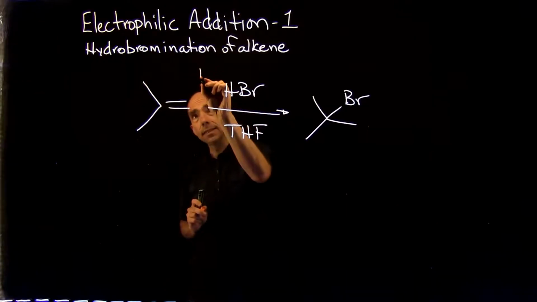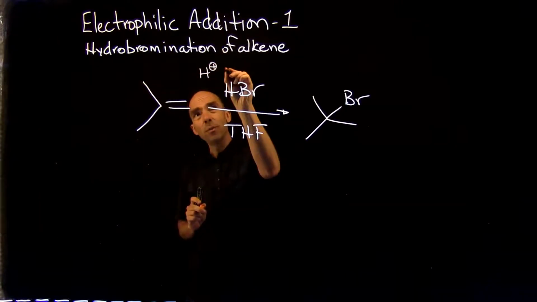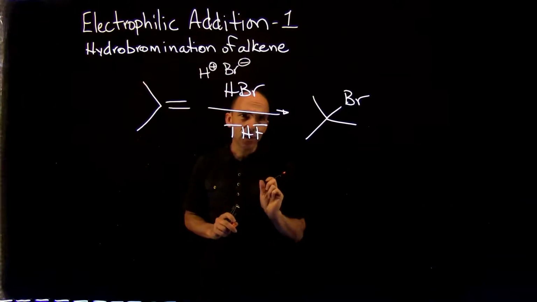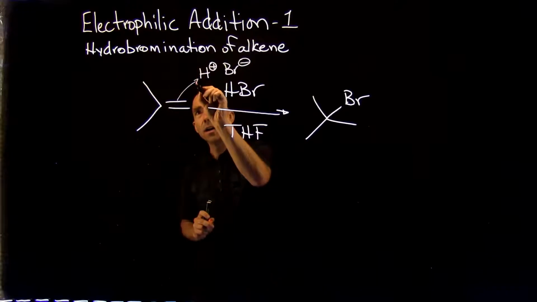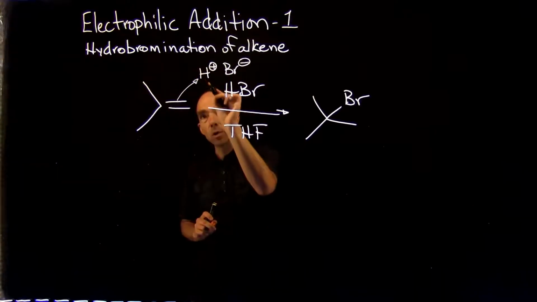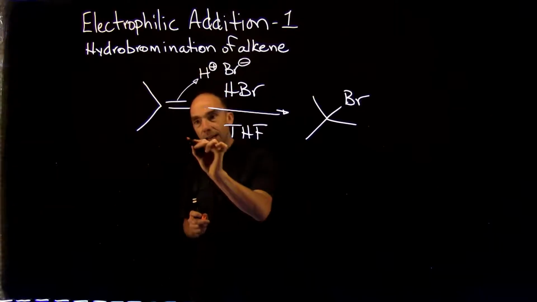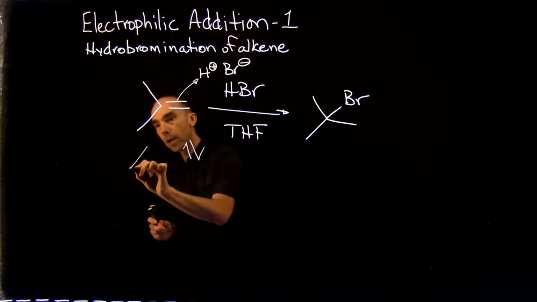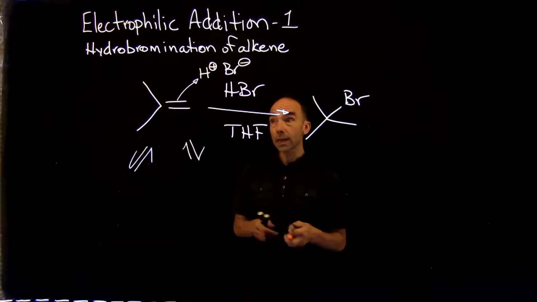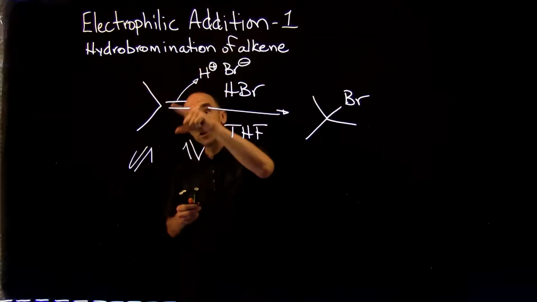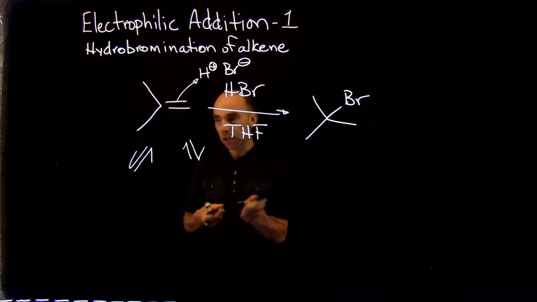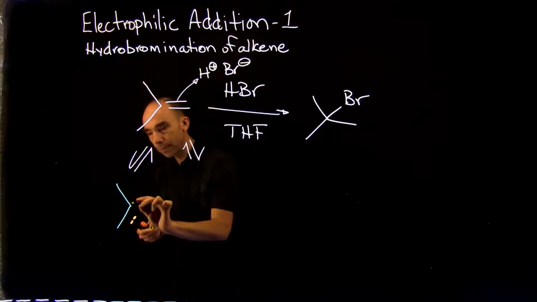The hydrobromic acid is a proton and a bromide. The alkene is electron rich, will therefore react with the proton. So electron will go from the alkene to the proton. This can form two possible products. First product, addition of the hydrogen upon the first step on the most substituted carbon. This will generate